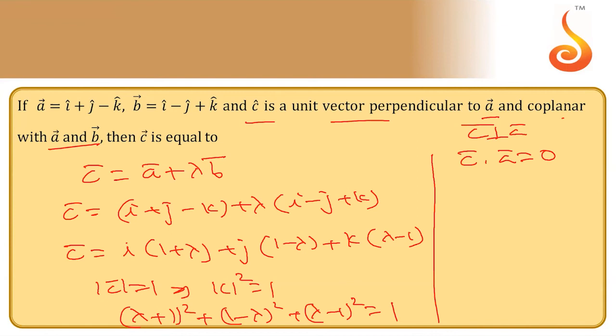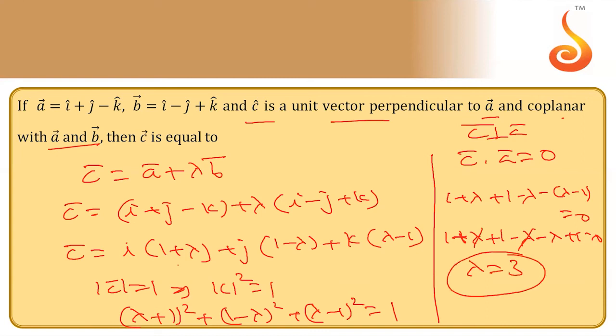C dot A, the dot product, you can take it. That means 1 plus lambda. Now this becomes easy. Sorry, I forgot this one: 1 minus lambda minus of lambda minus 1 equal to 0. This way it is easy to get the answer. This is 1 plus lambda, 1 minus lambda plus 1 equal to 0. So lambda cancels. Lambda equal to 3. Yes, good. We get it directly, because this is a little long.